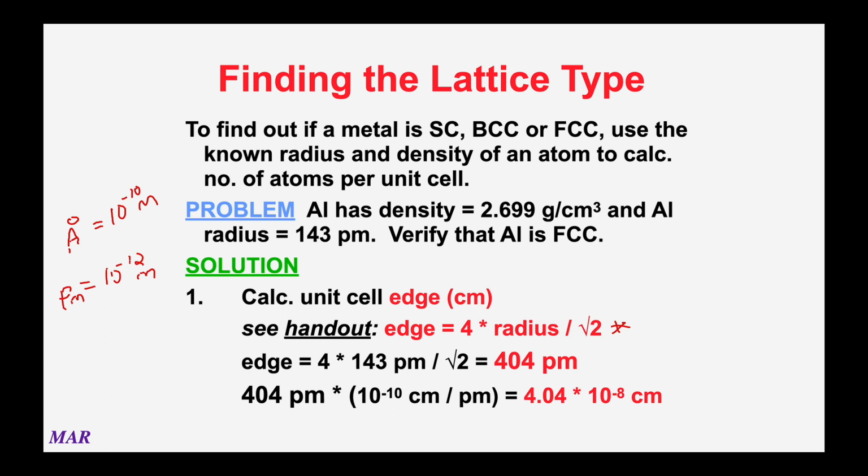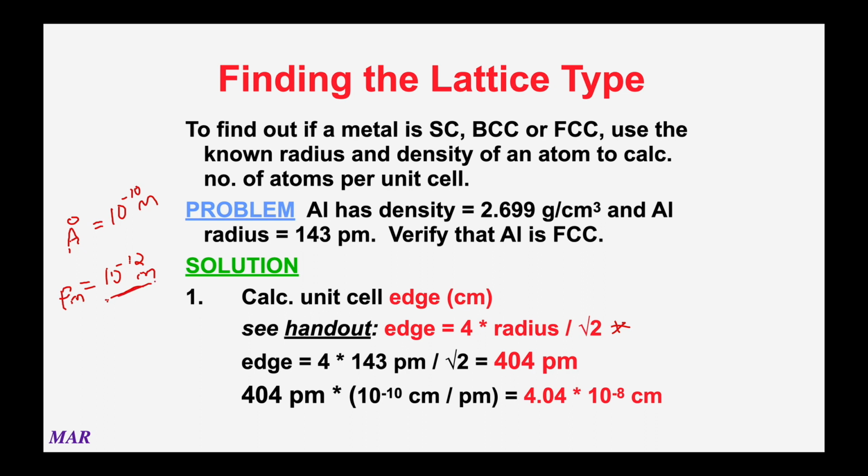So you can see in this part of the problem, 4 times the radius, 143 picometers, divided by the square root of 2, is 404 picometers. But because the density is listed in grams per centimeter cubed, we better turn our picometer edge into a centimeter edge. So what you can do is take 404 picometers, multiply by 10 to the minus 12